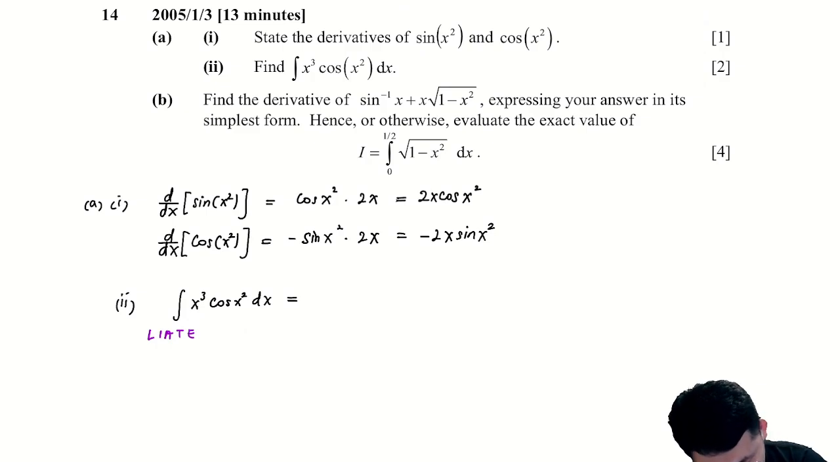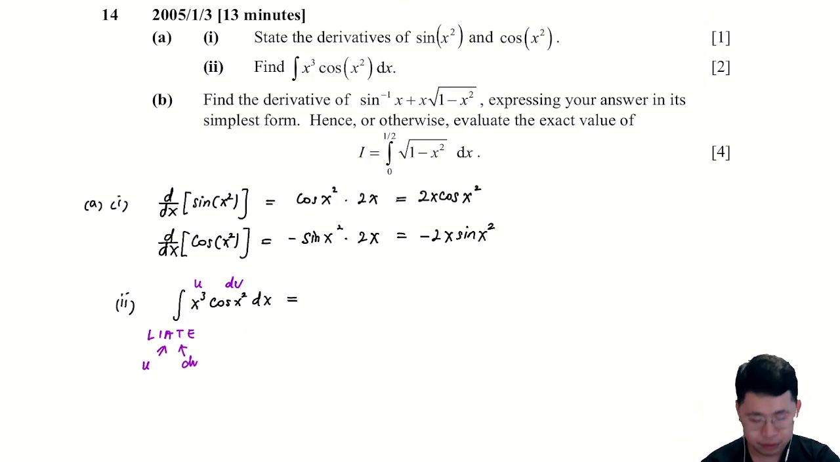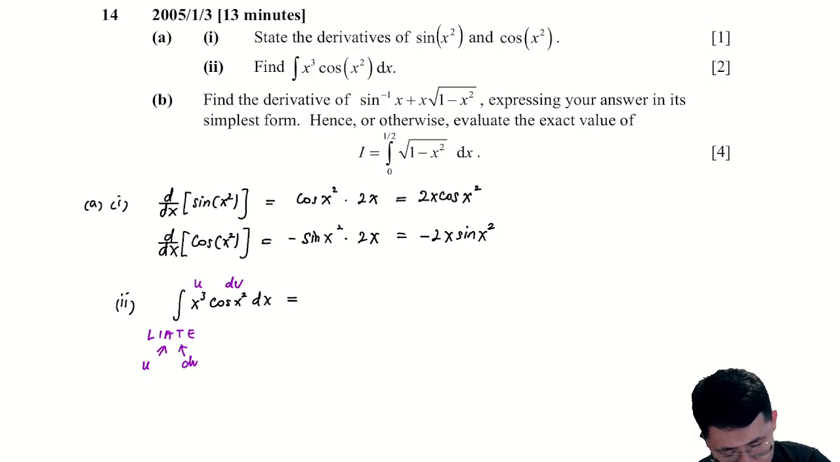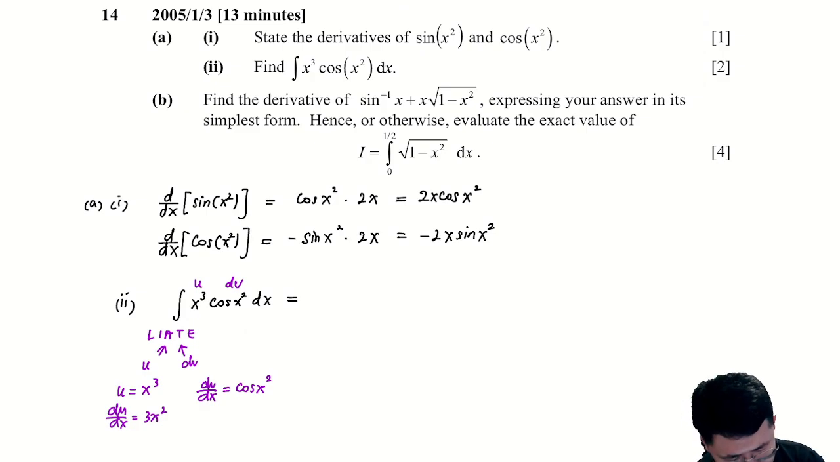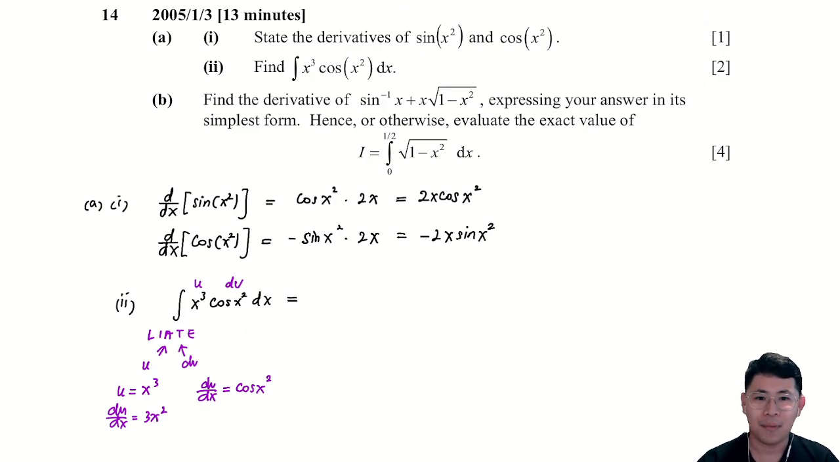LIATE, we prefer the algebra to be the u, and the trigo to be the dv. So that means this x cubed is u, and cosine x squared will be the dv. So with this, let us try to figure out: u is x cubed, so when we differentiate u, this would be 3x squared. Next for v, dv dx is equal to cos x squared. Okay, and then we are stuck, right? We are stuck,